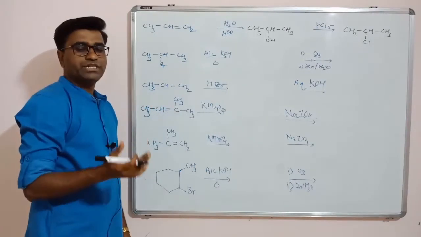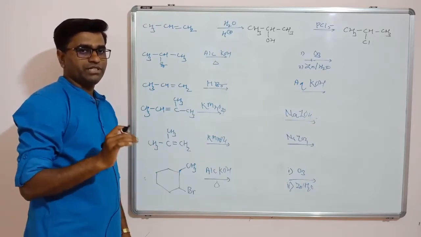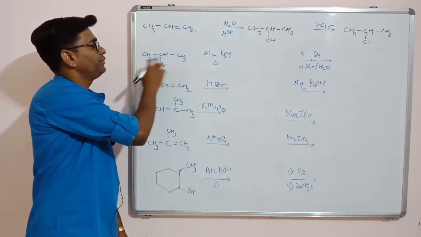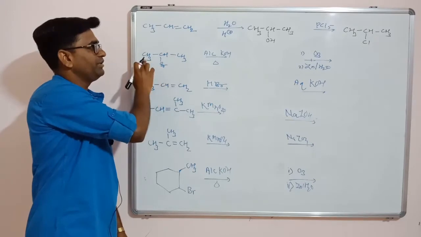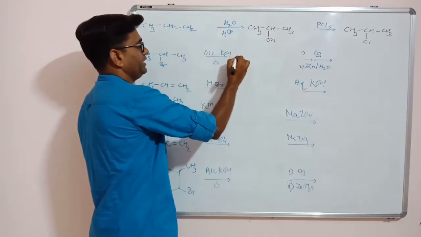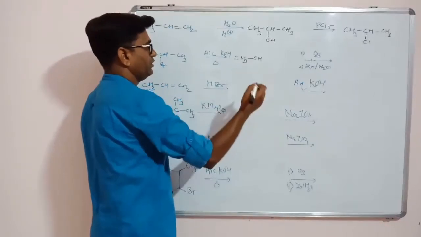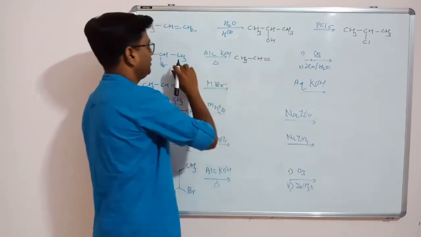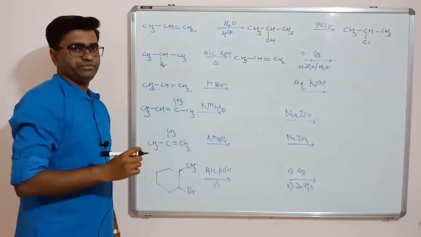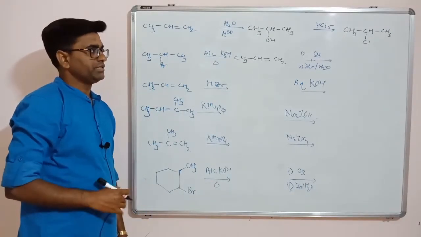Now suppose this is 2-bromopropane. Alcoholic KOH. Alcoholic KOH is an elimination reaction. So the halogen on the alpha carbon and hydrogen of the beta carbon will be removed. So here are two beta hydrogens, both are the same. So either this beta hydrogen or that beta hydrogen, the product will be the same. Suppose this beta hydrogen is eliminated, so the product will be CH3, CH with Br removed, carbon-carbon single bond to double bond, and this beta hydrogen is removed. Byproduct is HBr. So we will get propene as a product.